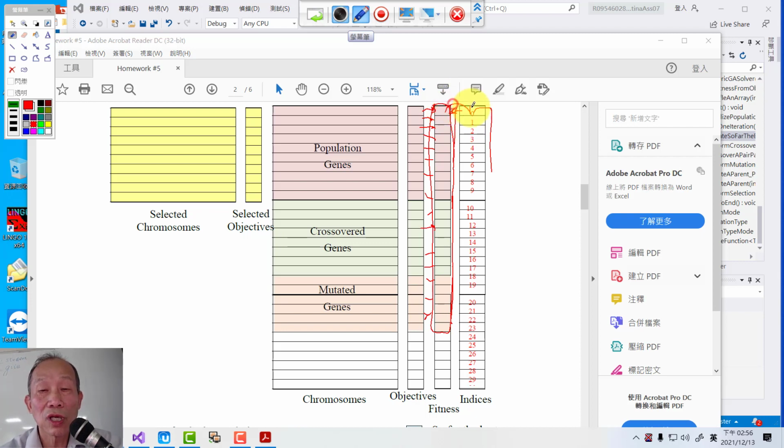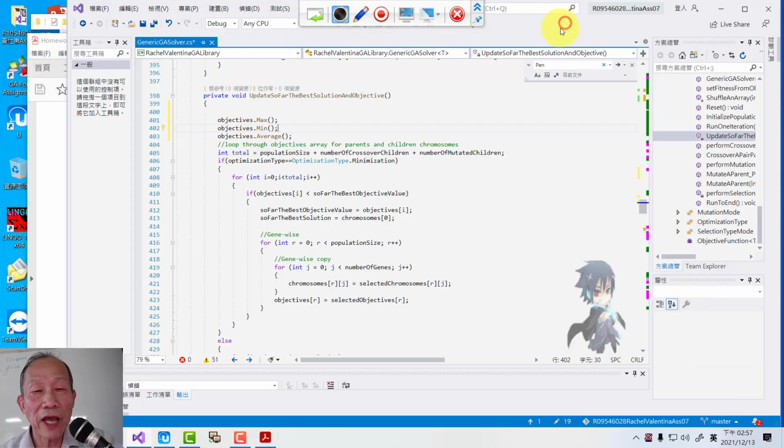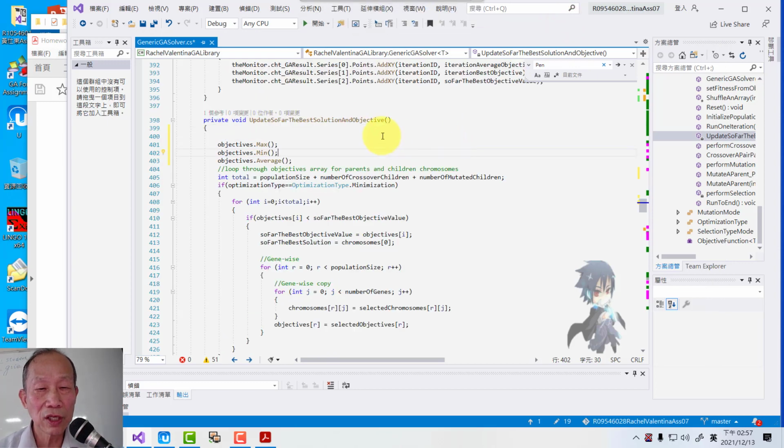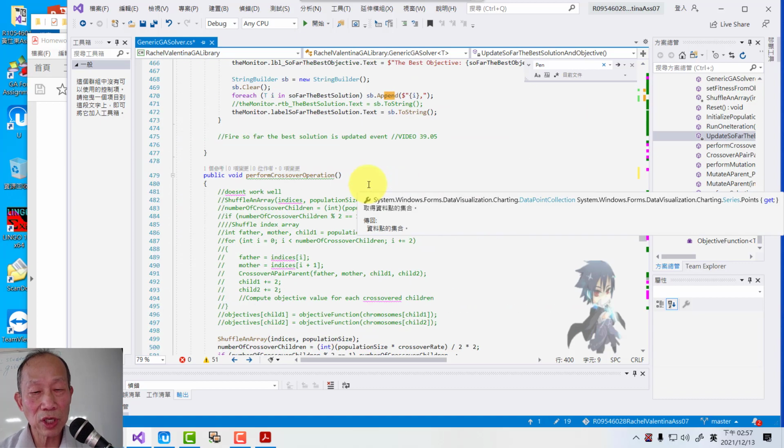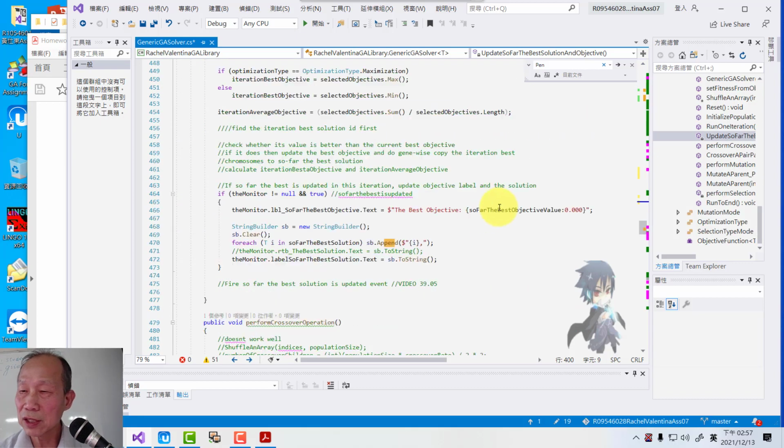So these two data will be reused in the selection operation. But probably we may save some computation here. So in update so far the best solution objective, probably a better way is that we